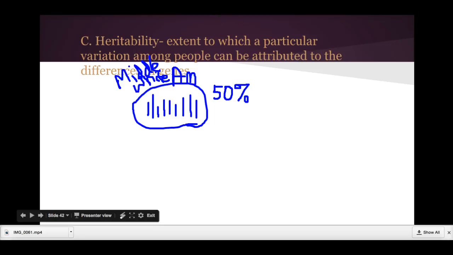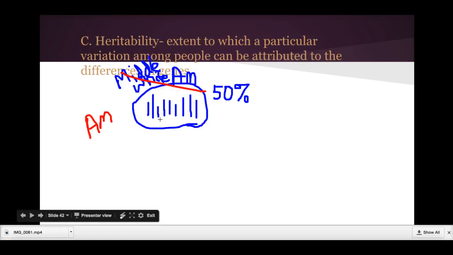However, let's say that instead of white middle-class Americans, we're talking about Americans as a whole, and this group of people represents Americans as a whole. Obviously we'd have a lot more line people there. But Americans as a whole have a very wide range of environmental things going on, though not as wide a range as, for example, the entire world.